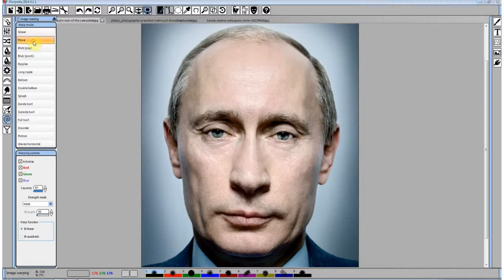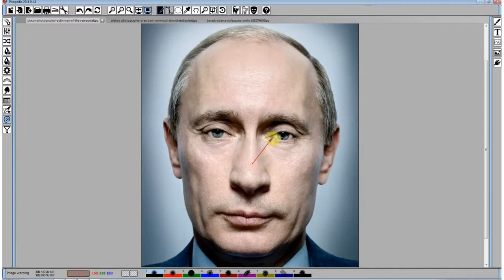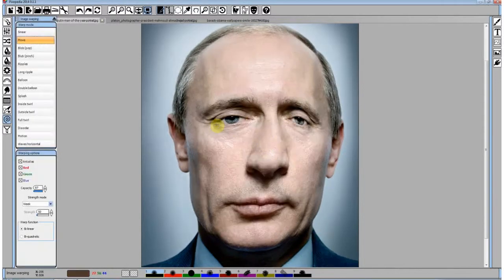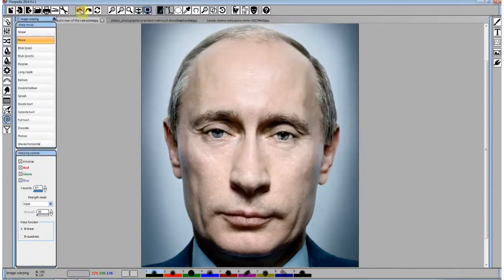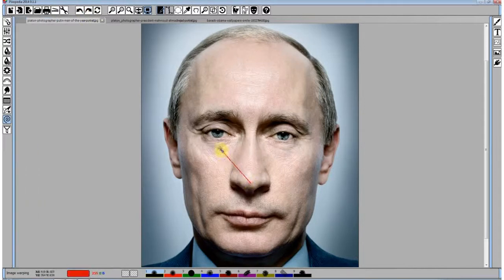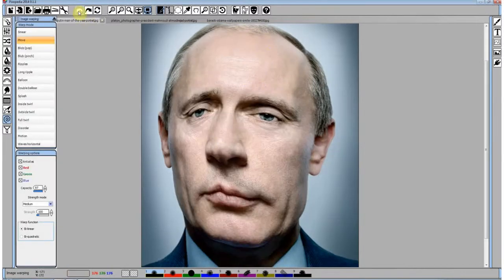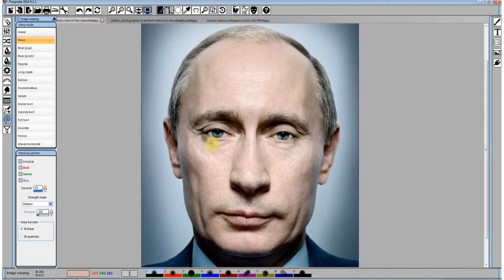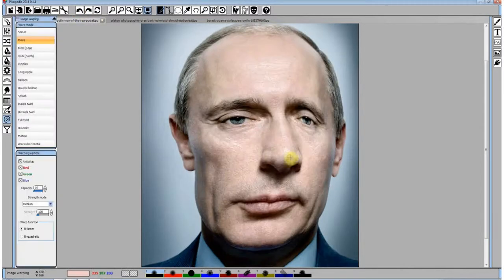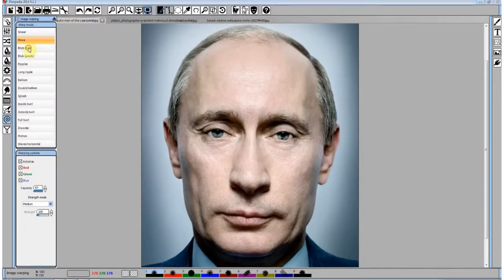This is the smear move mode. It only has a delayed version. It's applied always on the complete image, but with different warping strength. We have here a blob or pop, which again has two modes.